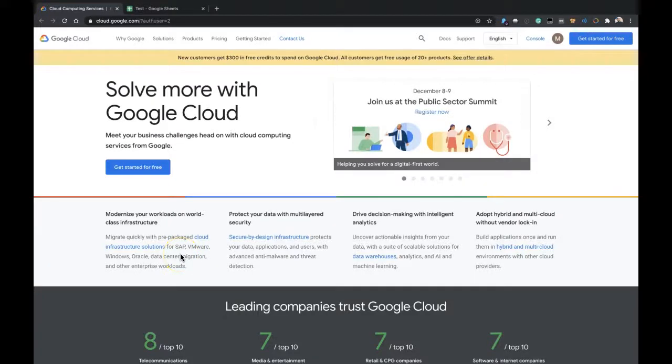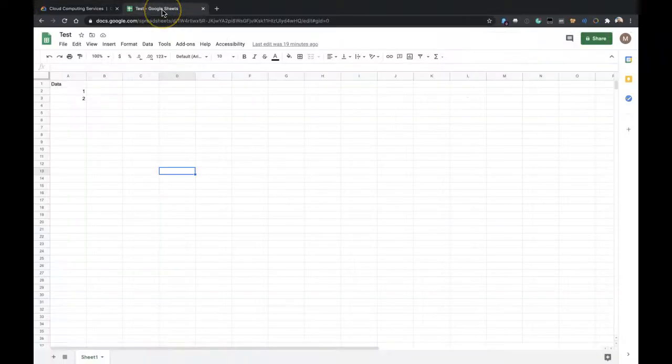WordPress is great, but sometimes it's even too complicated for clients. Us as developers, and people who use WordPress all the time, find it really simple, but not for others. Sometimes you need a more unique solution for your client. And one thing you can do is connect to a Google Sheet and use a Google Sheet as a database for your WordPress site.